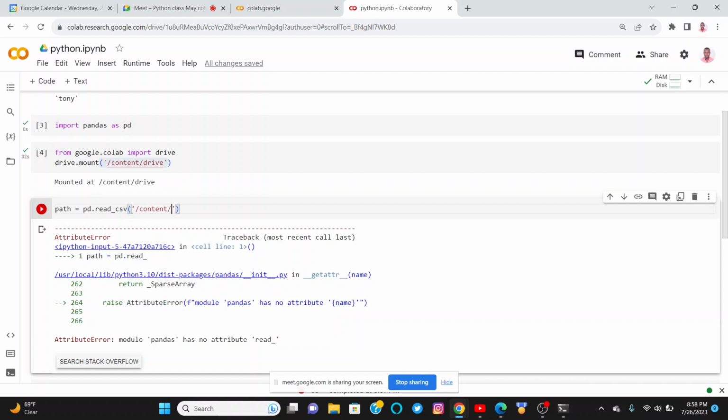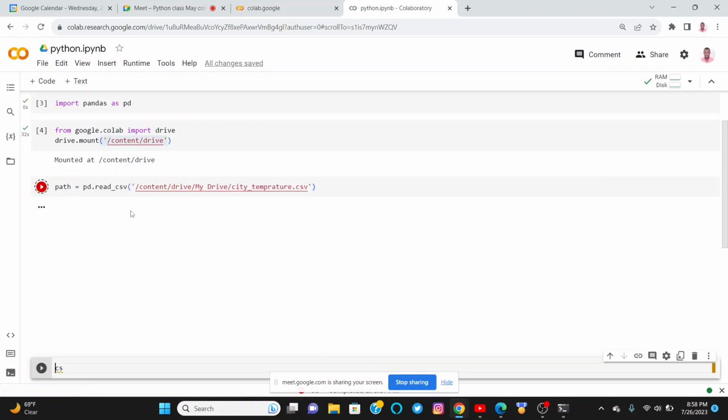So /content, then we have drive, then we have MyDrive, and I think I have city_temperature_data in my drive, something like that, which is saved as .csv. Then I run my